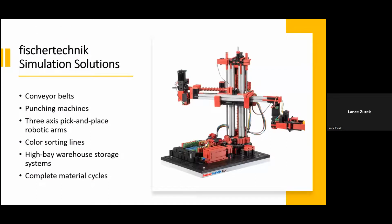Some of the models included in the fischertechnik simulation line will be things like conveyor belts, punching machines, 3-axis pick-and-place robotic arms, color sorting lines, and even high-bay warehouse storage systems. Now, besides these individual models, which of course focus on specific automated processes, fischertechnik also offers an integrated factory simulation model. This model consists of 4 individual workstations, which are comprised of a vacuum gripper robot, a high-bay storage warehouse, a multi-processing station with an oven, and a sorting line with color detection, all designed to work together as one